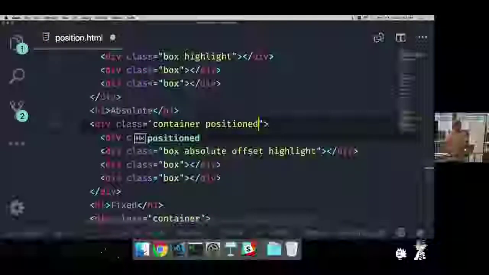So what I've done by calling this positioned, which is really just position relative, is I've now made its container, the thing that's containing that absolute element, relative, so it will change the behavior of its child that has an absolute property.